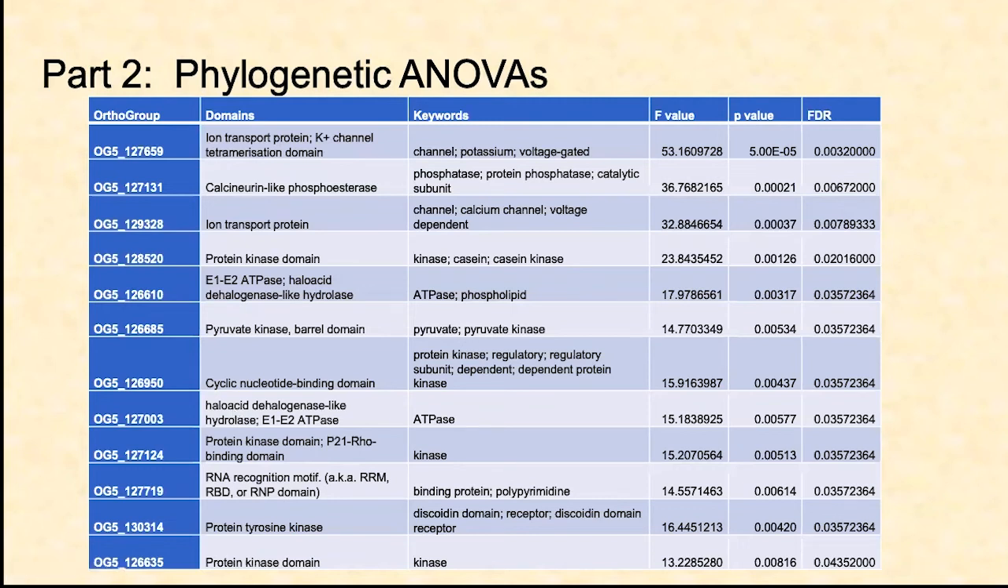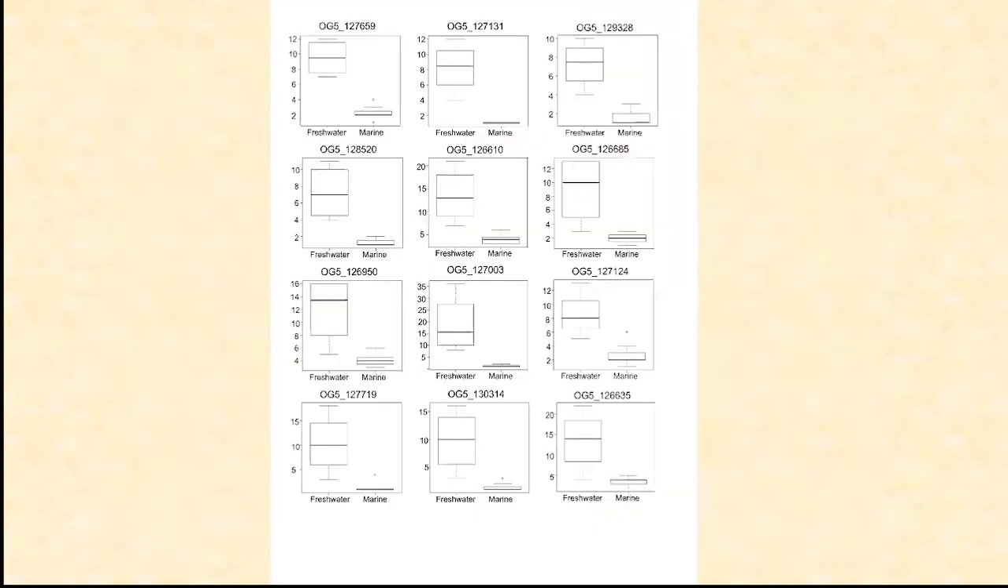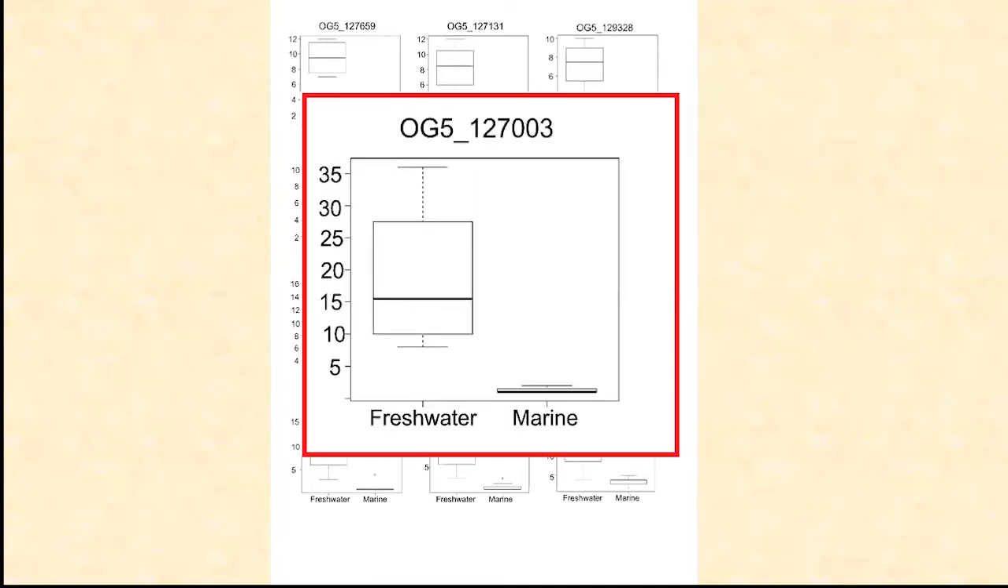And then just to show these weren't caused by a few outliers, I did box plots for all of them. And you can see on these box plots, a lot of these don't even overlap between the freshwater and the marine. You have a real striking difference. And again, if we highlight that sodium potassium pump right there and take a closer look at it, you can see